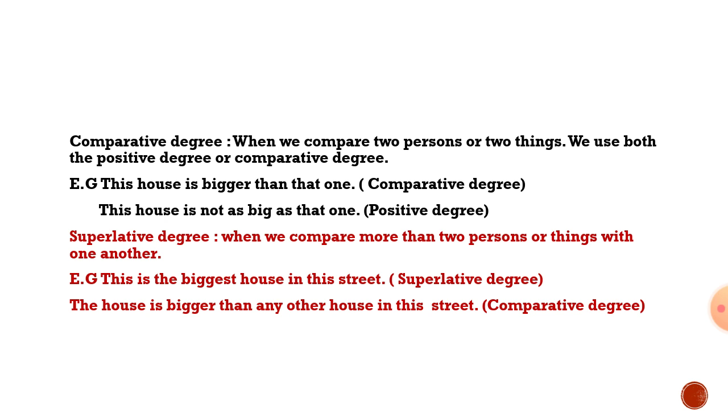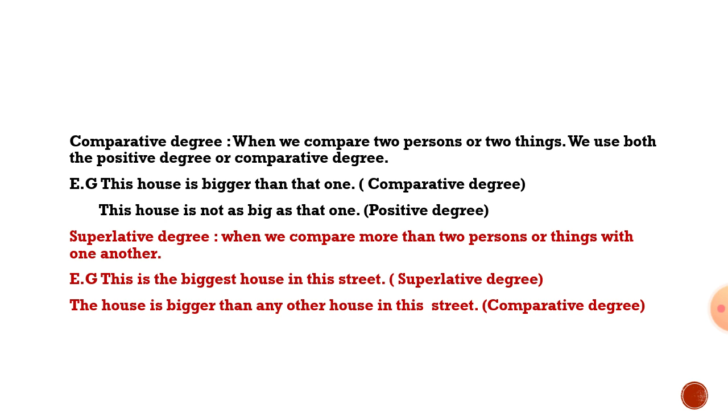The term bigger is the comparative version of the term big. Both these sentences convey the same meaning. We can use positive form for comparison by using as, adjective, as. So in second example we are using as big as. And an adjective in comparative degree is usually followed by than. So in first example we are using bigger than. That is the example of comparative degree.